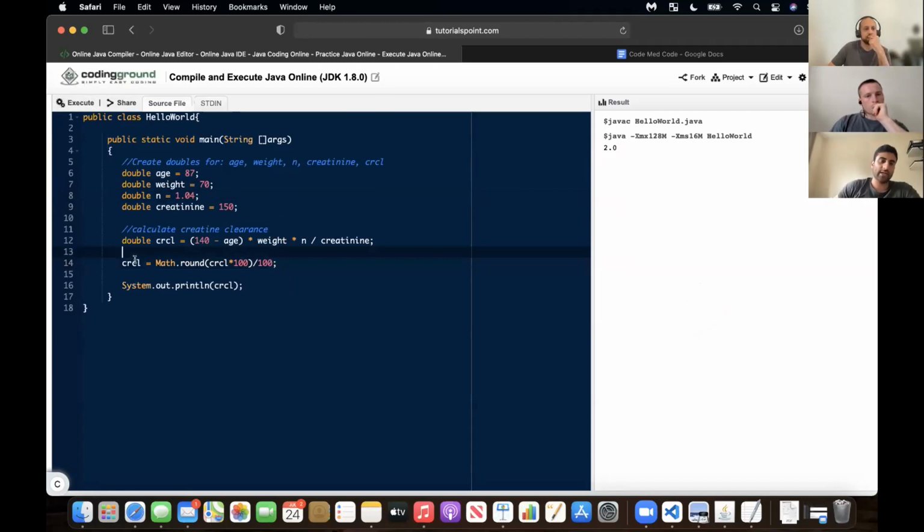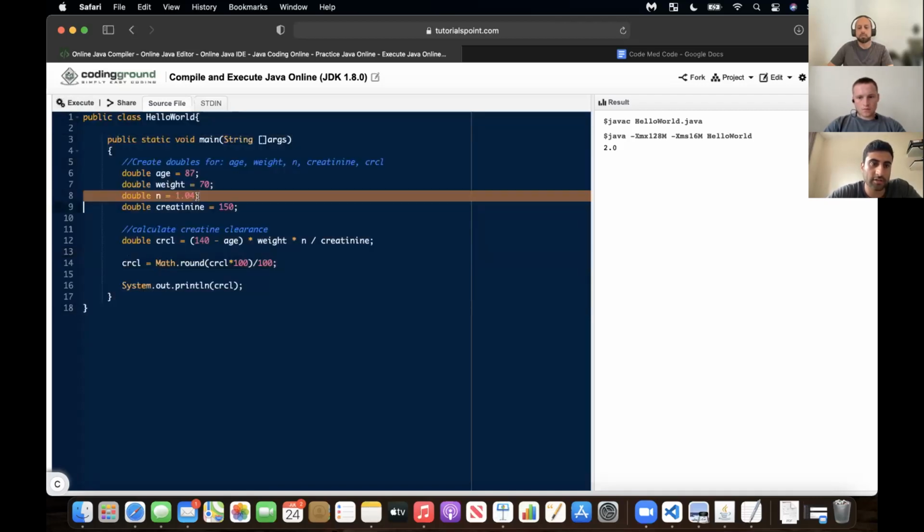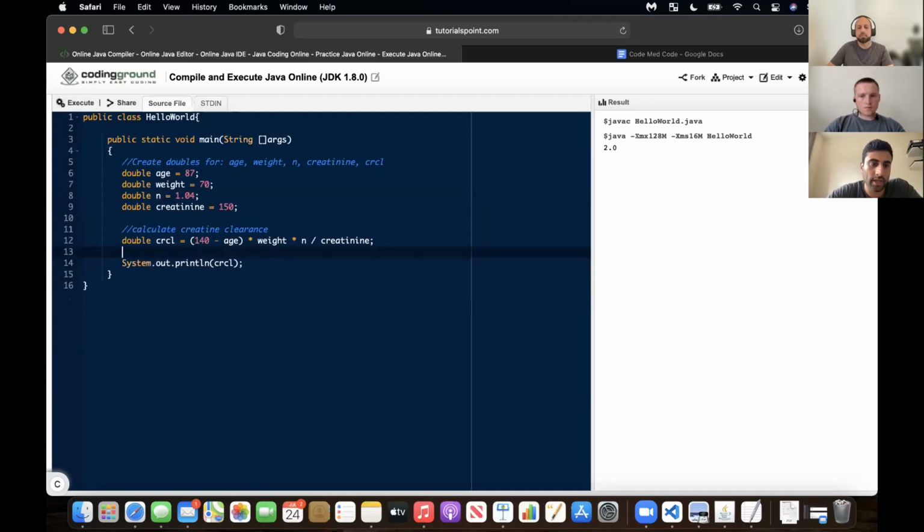Yeah. Anyway, it's slightly more complicated to round, and like I said, usually I use something called decimal format, which you need to import a package for, which you can't do on this particular thing. So don't worry about that too much. It's doable. It's just not on here. Fine. So hopefully everyone